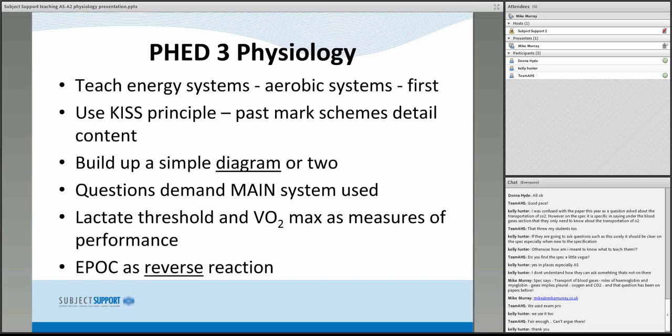You also need to be aware, if you're not used to it, in the exam, the questions invariably ask about the main system being used. It's to stop people just rote learning all the systems off by heart. For example, we could ask a question about Mo Farah running a half marathon or whatever he might be running. And if you do that without this guideline and this bullet point here, the student could then put,